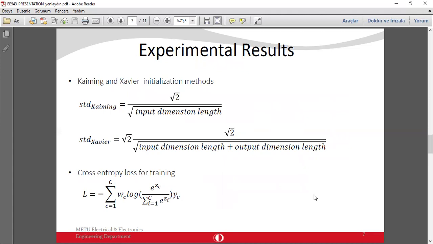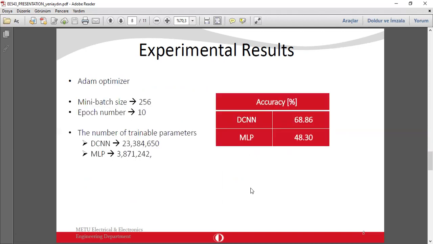As for the experimental results, K-mean and Xavier initialization methods are utilized, and their standard deviations are given here. As for the loss function, in the training phase, the cross entropy loss function is utilized, and the formulation is given here at the bottom. The Adam optimizer is performed. The mini batch size is chosen as 256. The epoch number is chosen as 10, and the number of trainable parameters are given here for DCNN and also